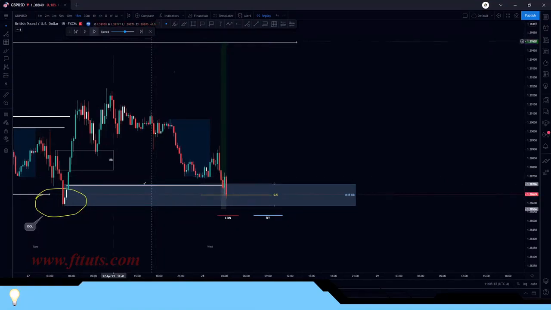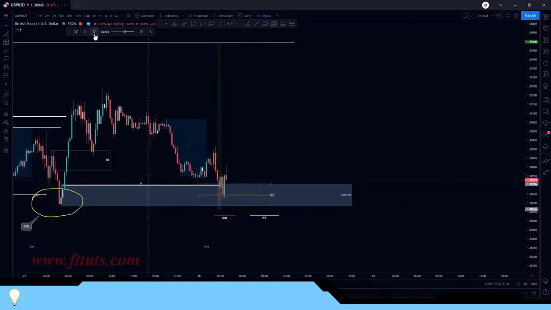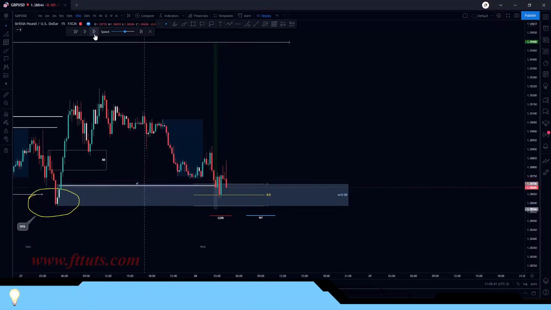We see price pushing lower to the equilibrium point, right, in the early London session. So if you had an entry at the equilibrium point, this is when you would have been triggered, right? Increasing your risk to reward, of course, because your stop loss would have been smaller. Now, if we continue to print candles, we see